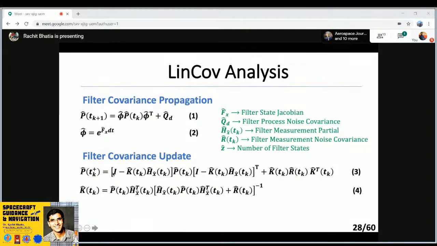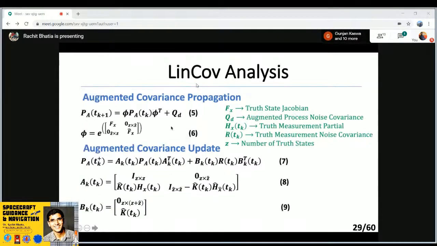So this equation updates the filter covariance. This is the Joseph form, and this is the Kalman gain. And we use these, and similarly we also define an augmented covariance. Now, for linear covariance analysis, what we are doing is defining two systems: filter covariance and augmented. Filter is itself, as I've already defined, and augmented includes both truth and filter. And it propagates and updates throughout the time period over here,